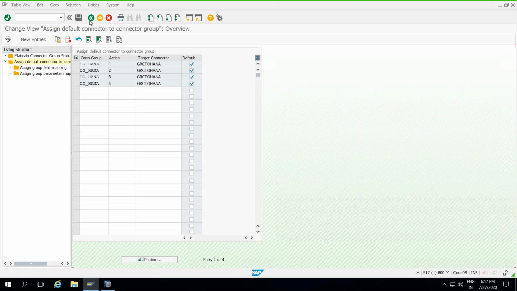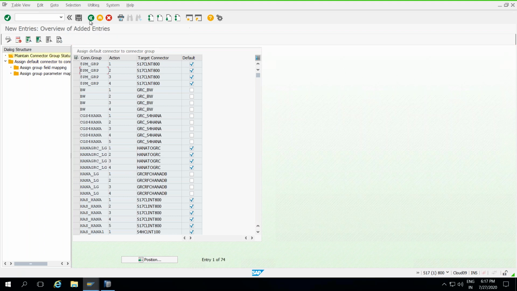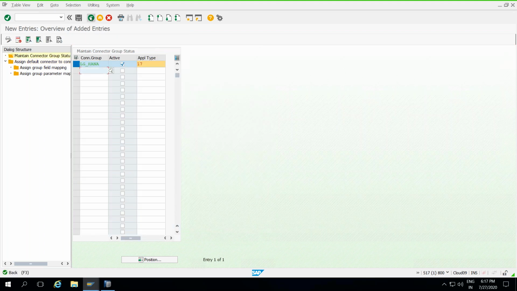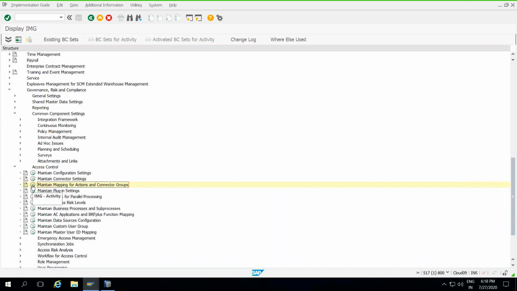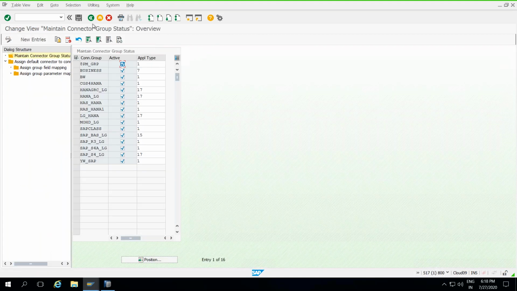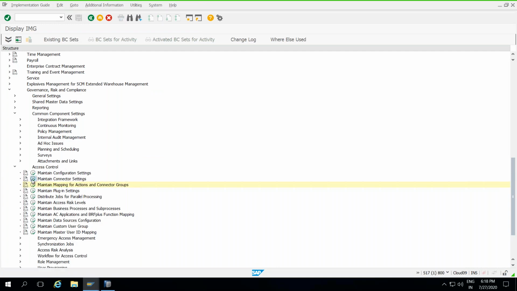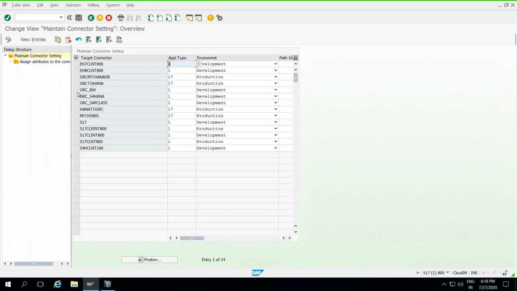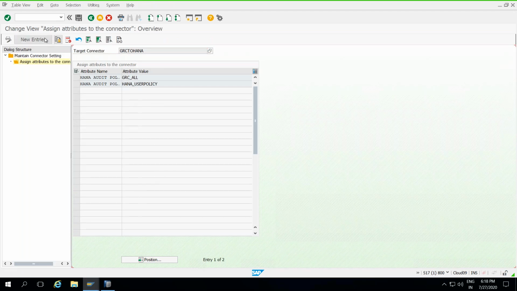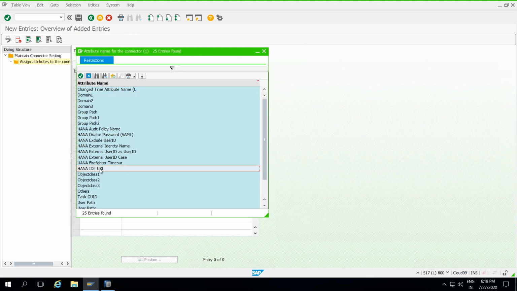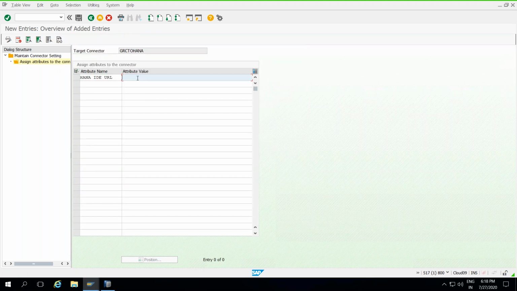Okay, that is done. One more thing here: see how you can connect in the backend to HANA, because you connect through the web ID. That also you want to add. I forgot that point. So how do you add your backend system? That is the web ID. So here only, go for GRC to HANA, assign the attribute to the connector. Here you can add the connection detail, the attribute type, so how it is connecting with the web ID URL.